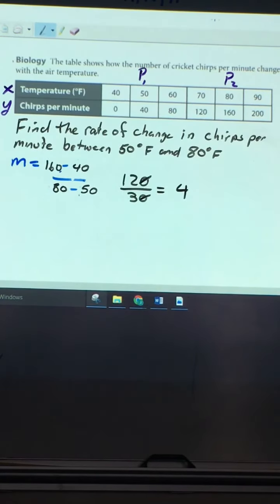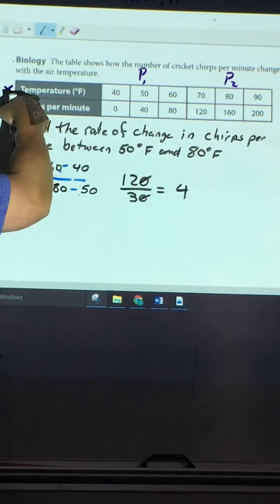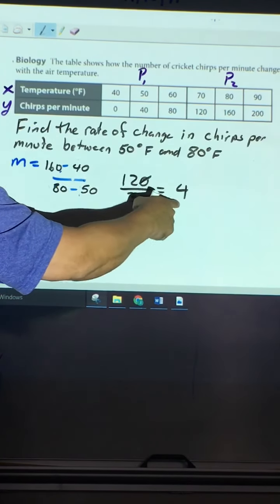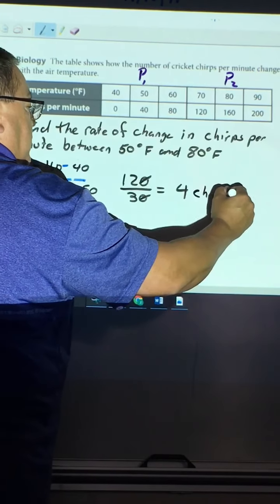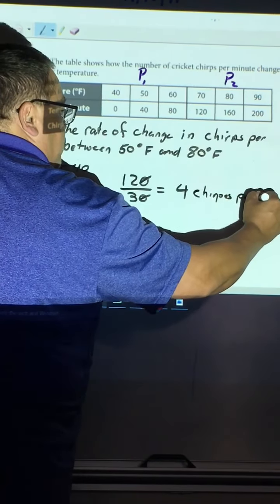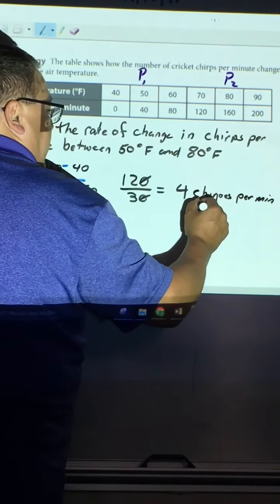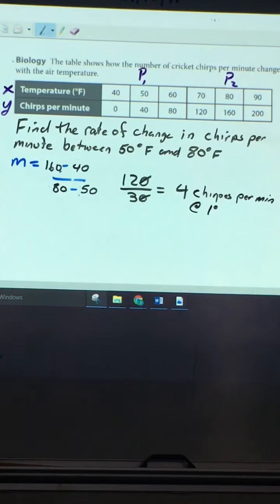Okay, what does that 4 represent? For every minute of chirping, for every minute of chirping per 1 degree temperature variance, you're going to hear 4 chirps. So this is 4 chirps per minute at 1 degree. All right, well, that makes pretty good sense. So now we just need